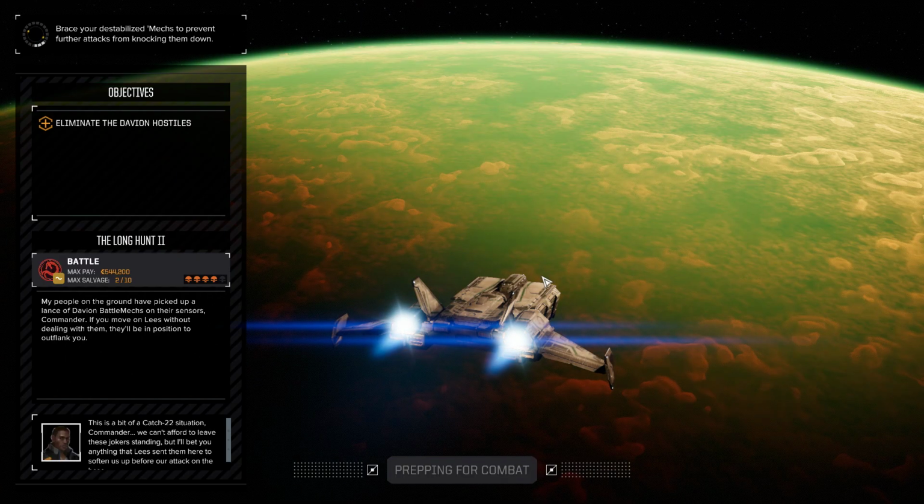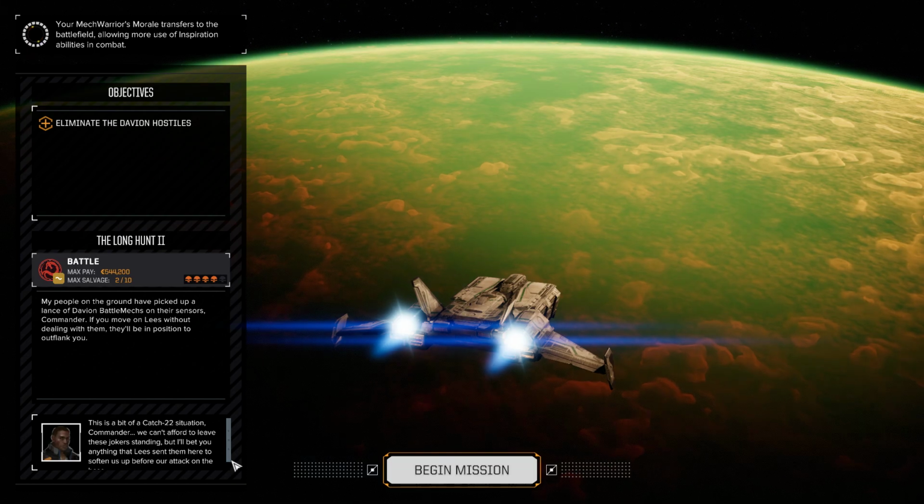So we need to eliminate the Davian hostiles. My people on the ground have picked up a lance of Davian battle mechs on their sensors, Commander. If you move on Lees without dealing with them, they'll be in position to outflank you. It's a bit of a catch-22 situation, Commander. We can't afford to leave those jokers standing, but I'll bet you anything that Lees sent them here to soften us up before our attack on the